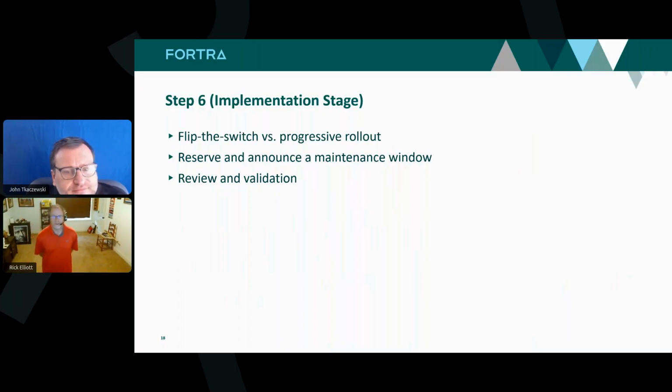Two things I would think about: always review and validate, meaning make sure things are working before you actually shut down the old system. But number two in this list is probably the more important: make sure you consider and build in a maintenance window in anything you're doing. There's always going to be a time where you need to upgrade GoAnywhere or the OS on the system that you have it installed on, or there's going to be some downtime.